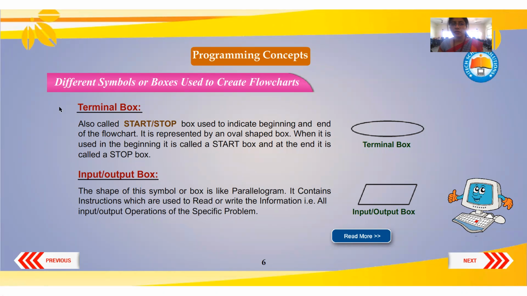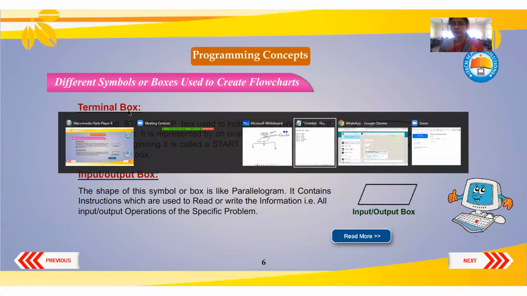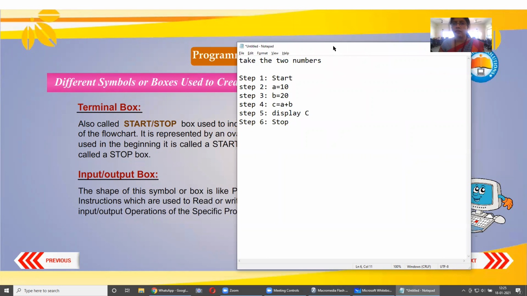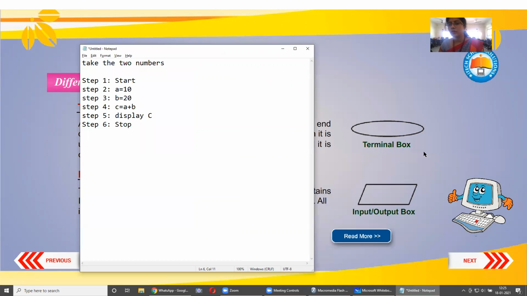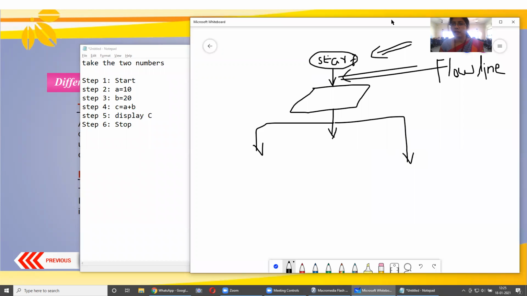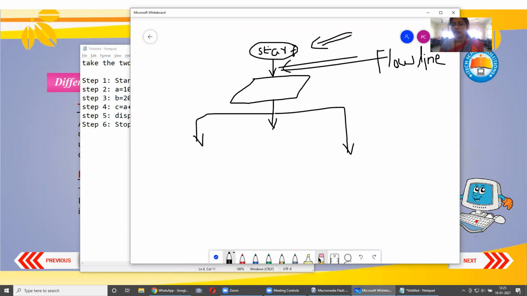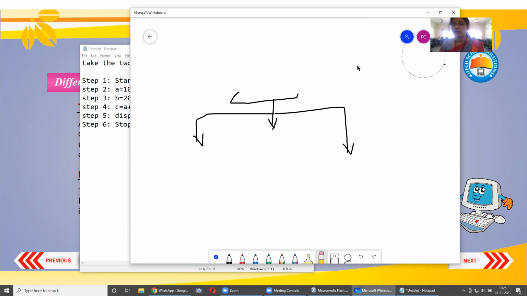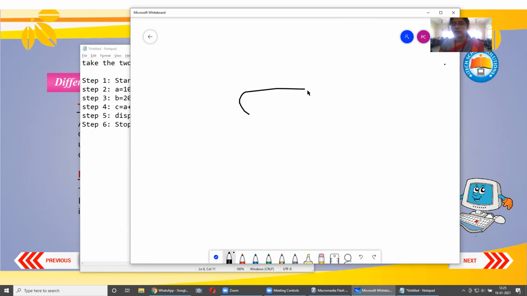See, if I just close this particular thing with this box only, I should be able to tell. I'll put one more. Just draw one. So see, now when I draw this particular thing, by looking at the shape only, you should be able to tell this shaped box is called a terminal box, and this is the box which we use for starts and stops.